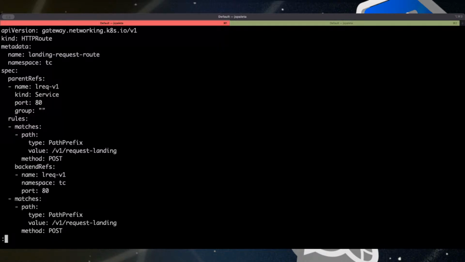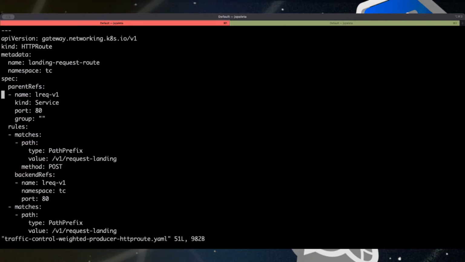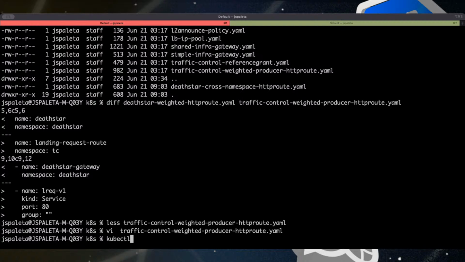That's why I had to look at the status. In fact, you know what? I'm just going to break it and show you. I've got a couple minutes. I will go through my entire process from when I was originally playing with this earlier this week when the RC came out. So if I just remove this group, it does something crazy. So, it's a demo. If I do traffic weighted producer,